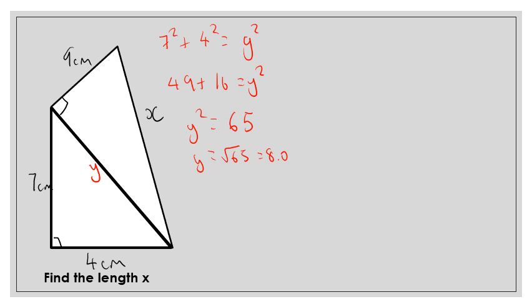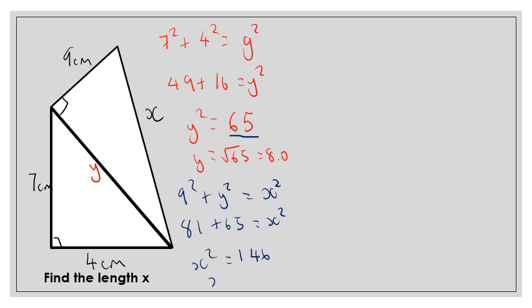Now we're going to be careful here, because the next line we're going to write down is we're going to find x. And again, we're going to have to use Pythagoras, but we're going to do 9 squared plus y squared equals x squared. Now we know from up here that y squared equals 65. So we can say 81 plus 65 equals x squared. So x squared equals 146. So x equals the square root of 146, which equals